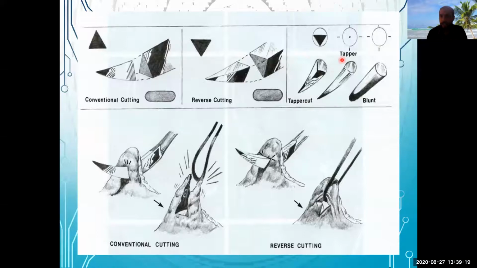Taper cut, just like round, we will discuss later on. Here you will see that this is the cross-sectional picture view of a round body. And if we apply the reverse cutting property on a round body, the most tip part will be the round body type, and as we go a little bit proximally, you will find that the outer surface has the cutting edge. So this is the taper cut. This is known as the taper cut. So this gives the facility of the round body as well as the reverse cutting.